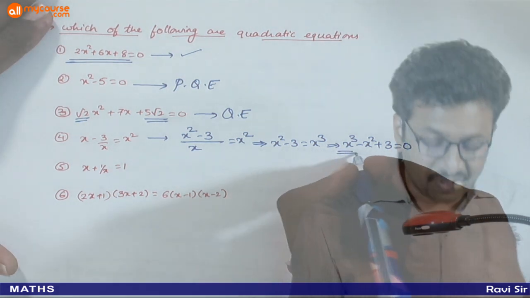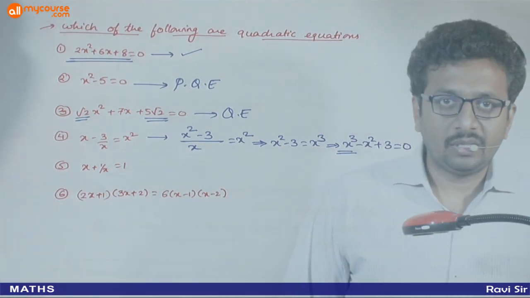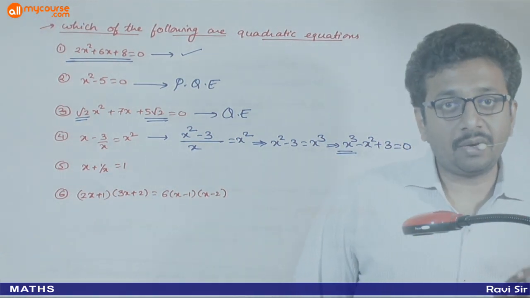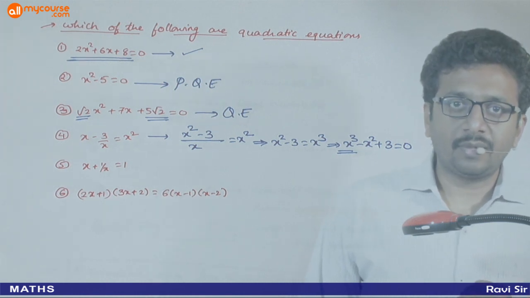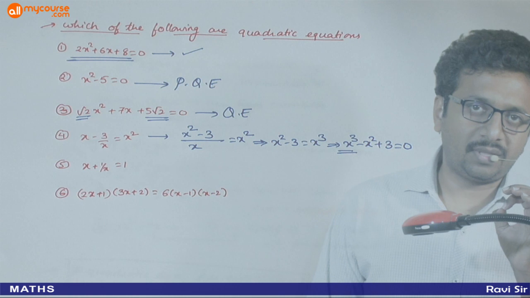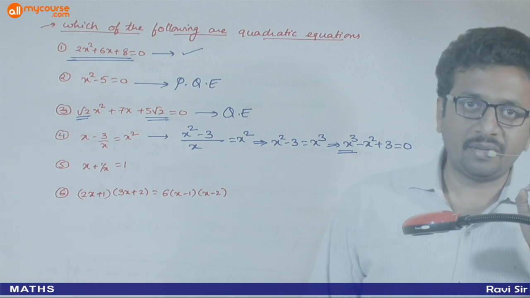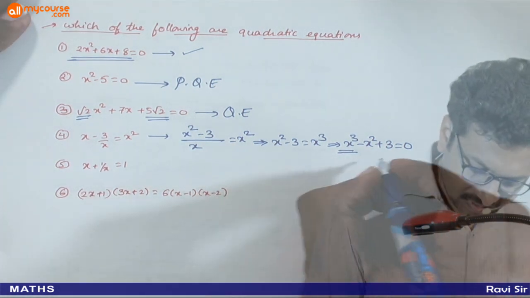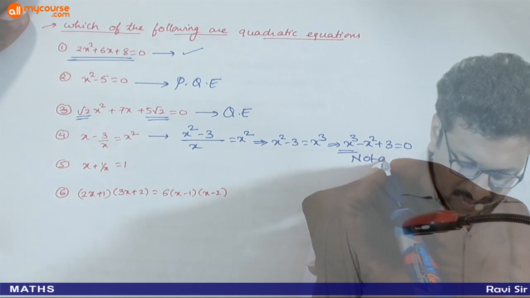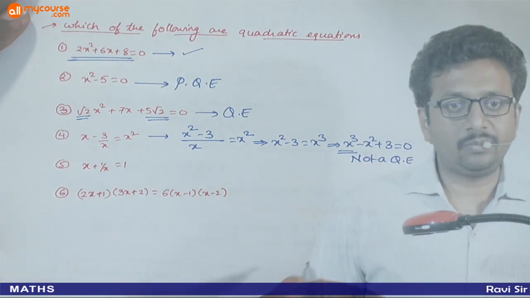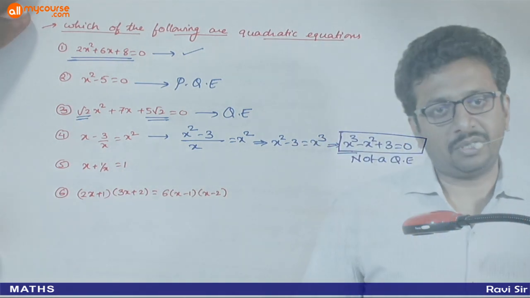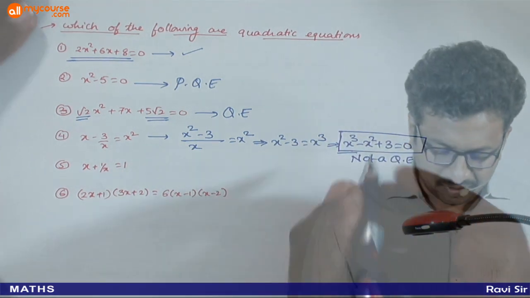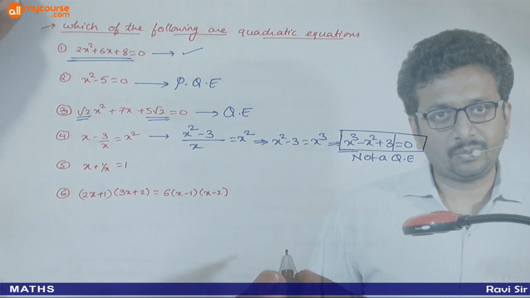So you have a cubic term. So in quadratic equations, you can only have up to a power of 2. x का maximum power 2 ही हो सकता है. It cannot have a power 3 term. So this is not a quadratic equation. This is what we call an example of a cubic equation. Okay, क्योंकि ये cubic polynomial है.